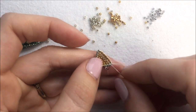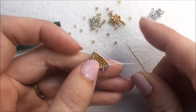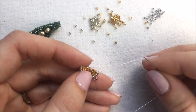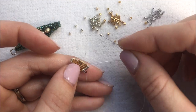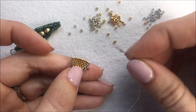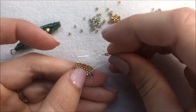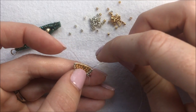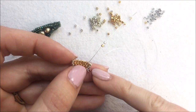We started out with 8 pieces of our ladder stitch. So 8 rows of our ladder stitch, which is going to equate to 4 rows of herringbone. On the outer edge, I'm going to use my silver bead because I'm doing silver on the outside and then gold. With the herringbone coming out that last row of the ladder stitch, I pick up a silver and a gold. I'm going to sew down through the second bead, the gold bead,